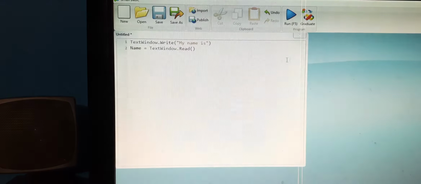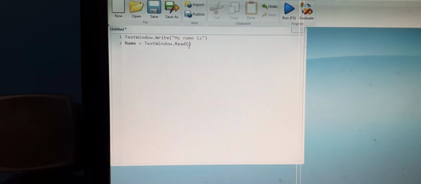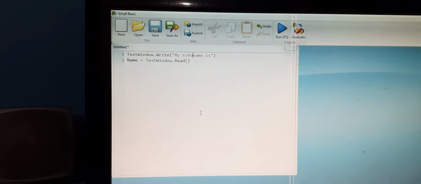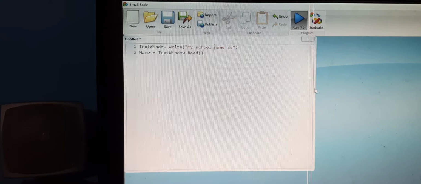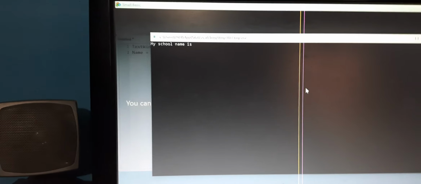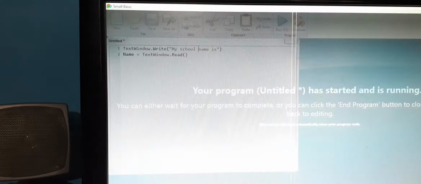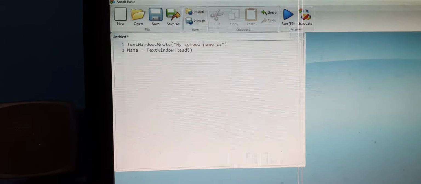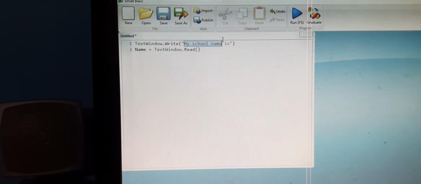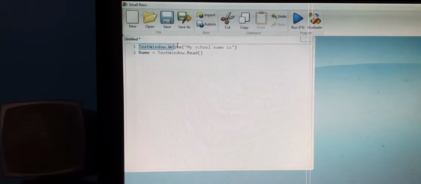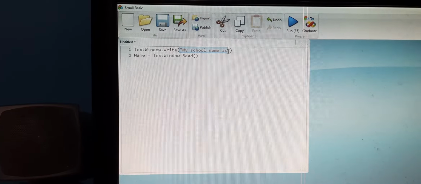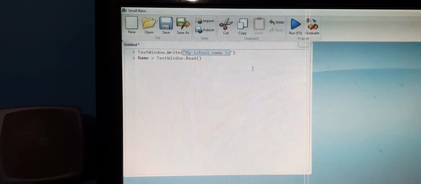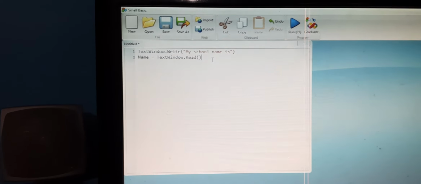Same thing, the second code we have done, I told you to write your school name in Small Basic. That time also you have to modify the code here. After that all the things are quite similar. Okay, so run the code, and here my school name. Everything that you need to be displayed on the screen, you have to write here only by using TextWindow.Write. After that, anything that you will be writing within the first bracket and within double inverted comma, it will be displayed on your output screen.